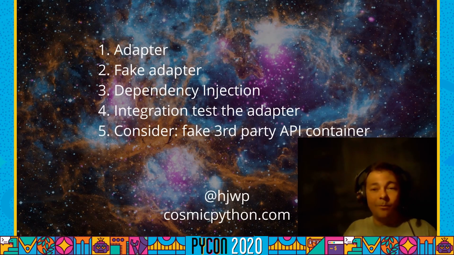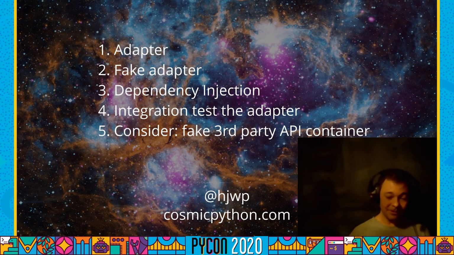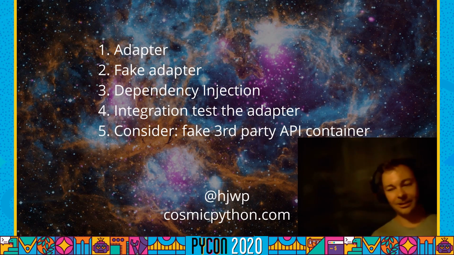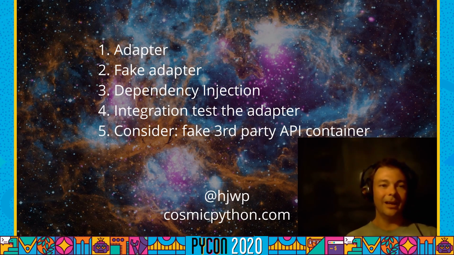So a little recap. What am I suggesting you should do? Stop using mocks. What should you do instead? You should build an adapter. You should explicitly build a wrapper, an adapter that represents your external dependency and that does so in a nice way, that has a nice API that looks good in your code.